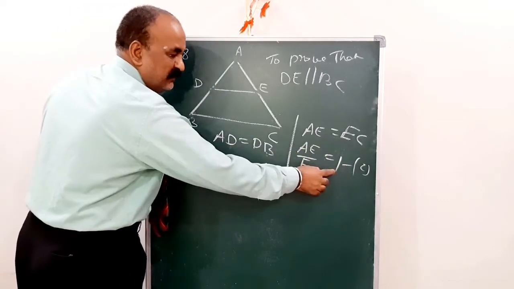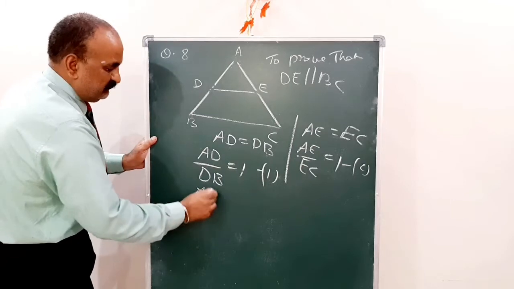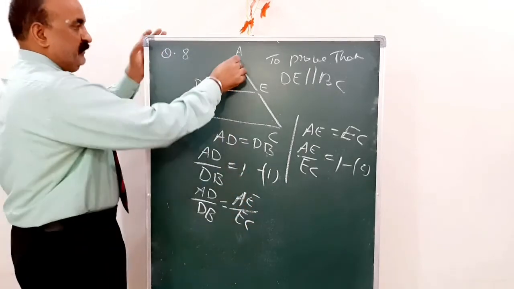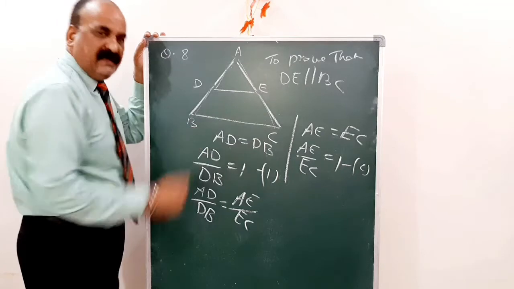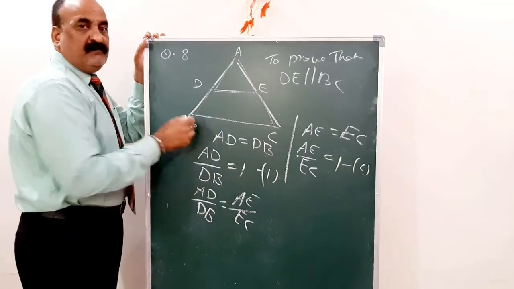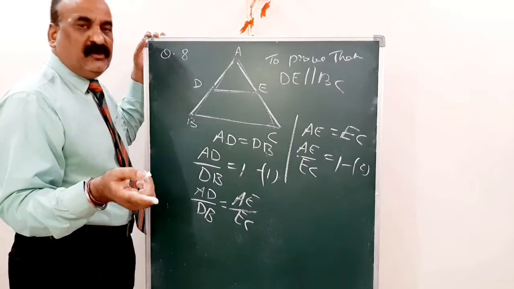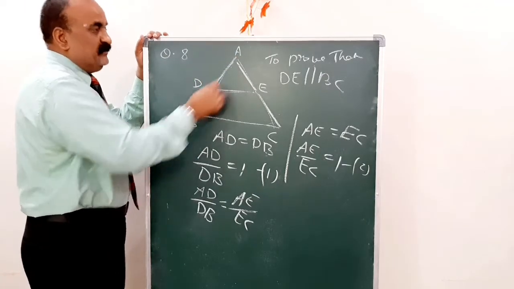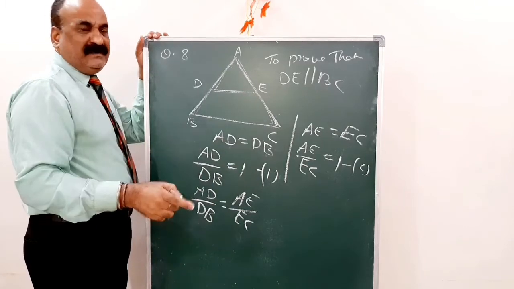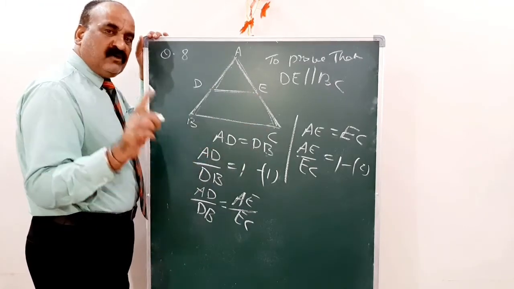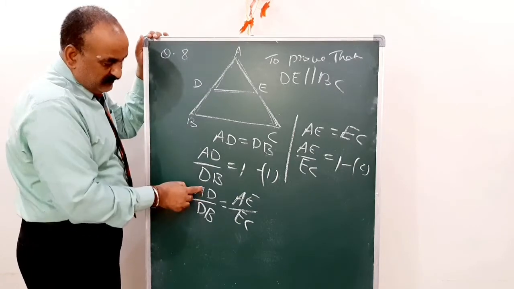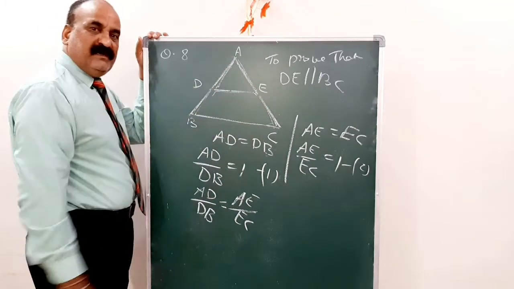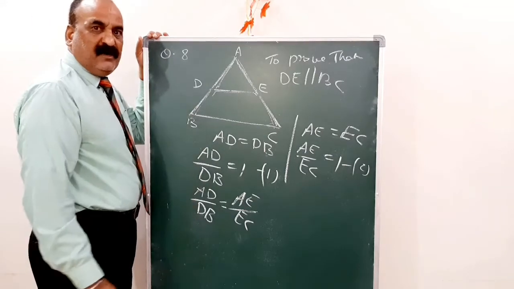तो ये भी 1 है, ये भी 1 है, तो ये दोनों आपस में इक्वल हो गए. इट मीन्स AD अपॉन DB इज इक्वल टू AE अपॉन EC. और जब AD अपॉन DB इज इक्वल टू AE अपॉन EC हो गया, इट मीन DE इज पैरेलल टू BC. बट हाउ? बाय द कॉन्वर्स ऑफ BPT थ्योरम और द कॉन्वर्स ऑफ थेल्स थ्योरम. इट मीन्स यदि ये रेशियो आपस में इक्वल है, तो लाइन इज पैरेलल. इट मीन DE इज पैरेलल टू BC बाय द कॉन्वर्स ऑफ BPT थ्योरम, बिकॉज AD अपॉन DB इज इक्वल टू AE अपॉन EC. दिस इज क्वेश्चन नंबर 8. आई होप दिस इज क्लियर टू यू.